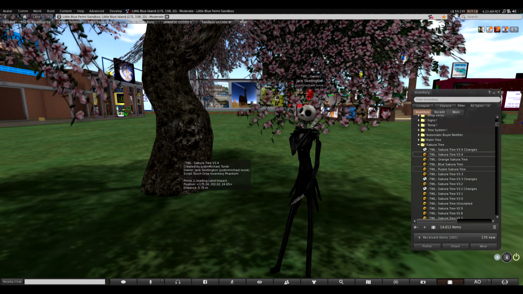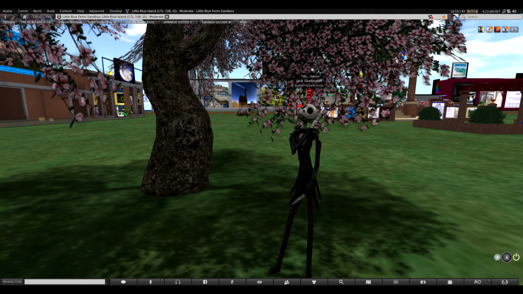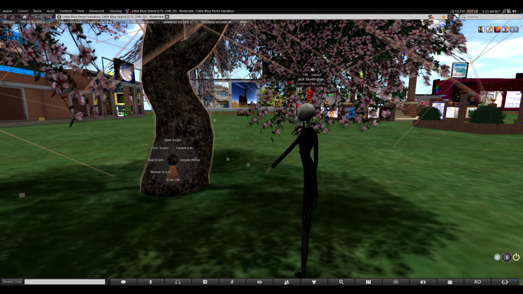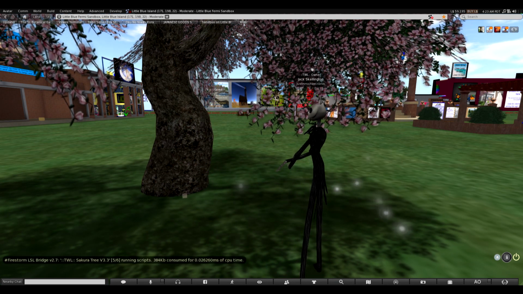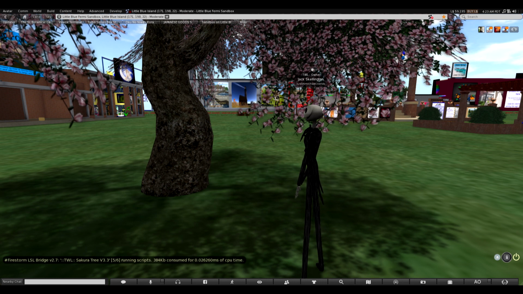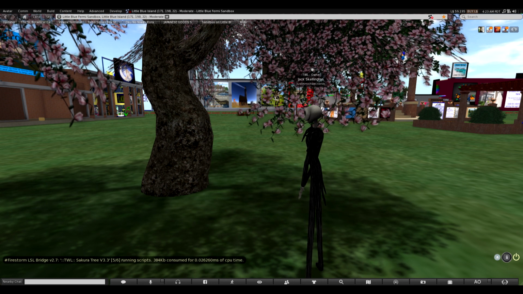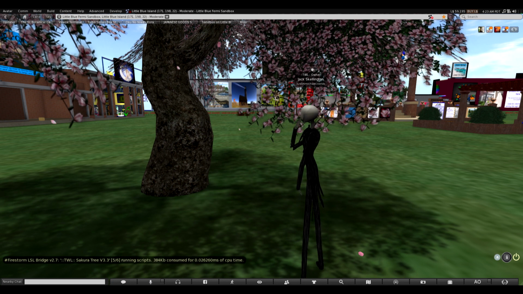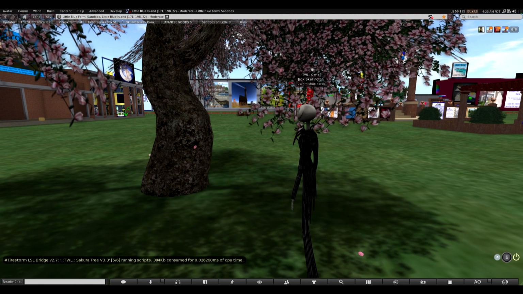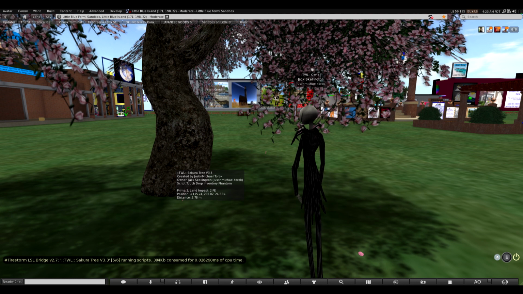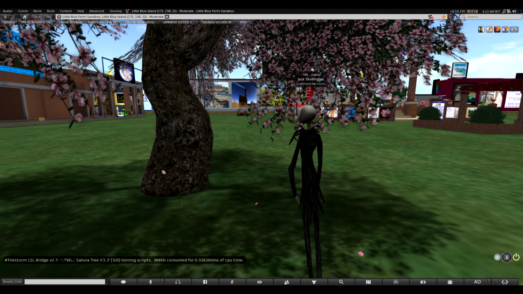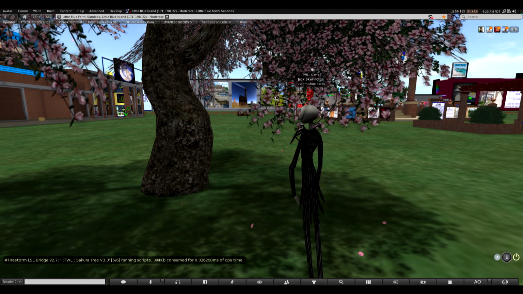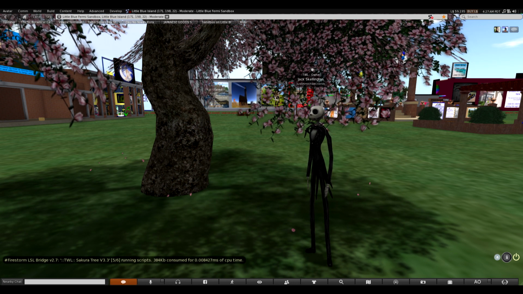So here we have the tree resed, and if we take a look at the script info, you'll see that it uses just 0.02 milliseconds of CPU time at the moment. And this is at its high state. It was just resed. So after approximately 30 minutes, you'll see that number go down significantly. And I will cut out here, and we'll check back here in a little bit, and I'll show you. Okay, so